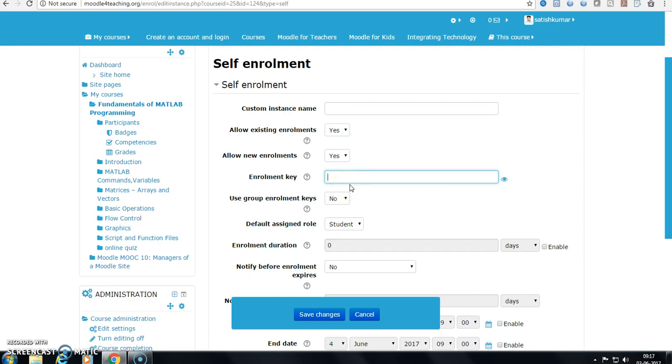So I am generating one enrollment key. Once this enrollment key is given to the users, the users enroll in this course on their own. If I click this icon, it will show what I entered, the enrollment key.